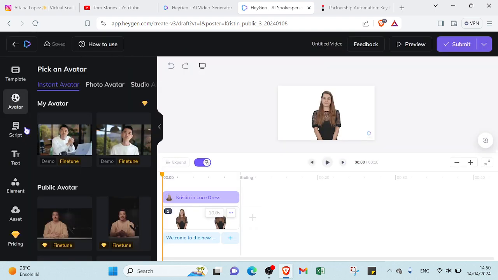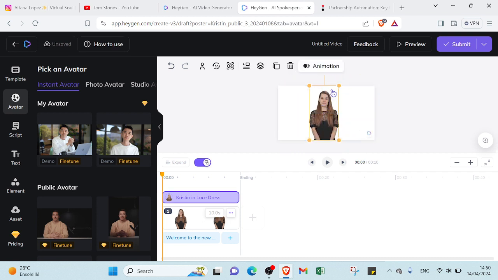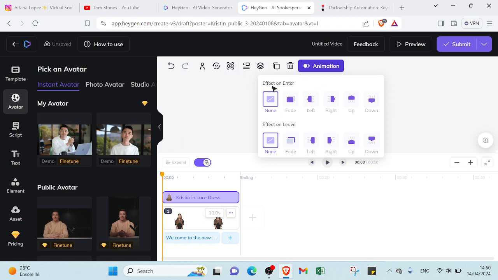You'll find here a lot of options. This AI character, you can put it on the left, you can put it on the right, you can also put it in the middle. You can determine the size of your AI character, and then you can add animation. If you want to add an effect on enter, add an effect on leave, and if you want other options, you can just click over here and you will check which is. And here we have